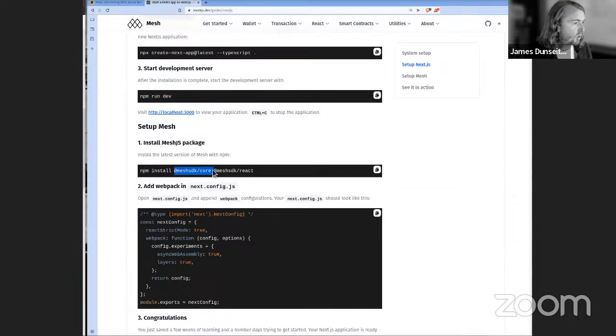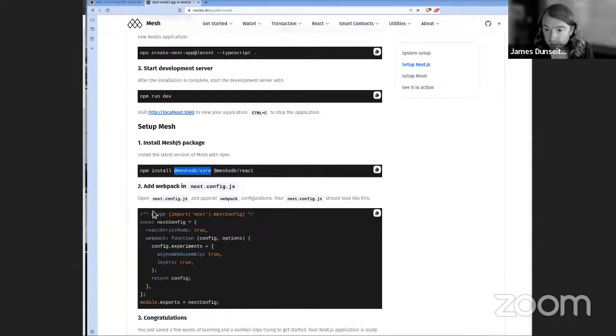One for the mesh core and then one for mesh React, okay? This part right here is written in TypeScript and it can be used in any JavaScript or TypeScript project. Back end, front end, it could be used in a React framework, but also in other JavaScript frameworks.